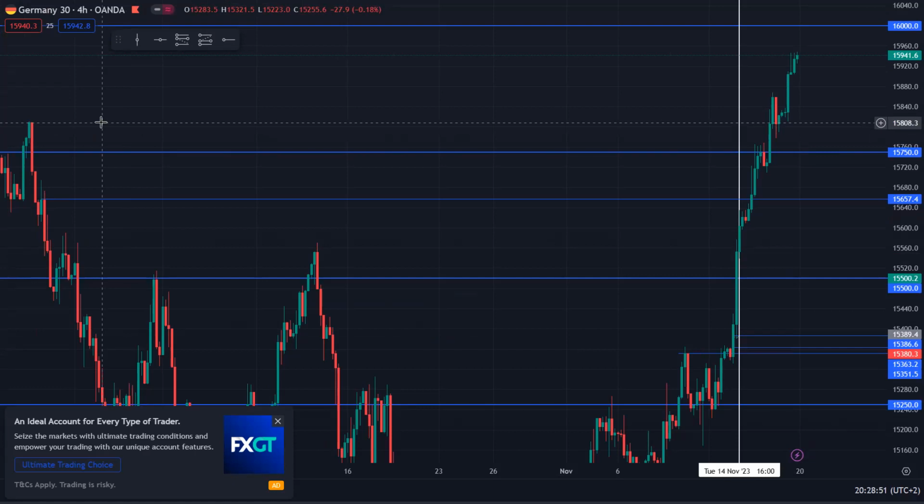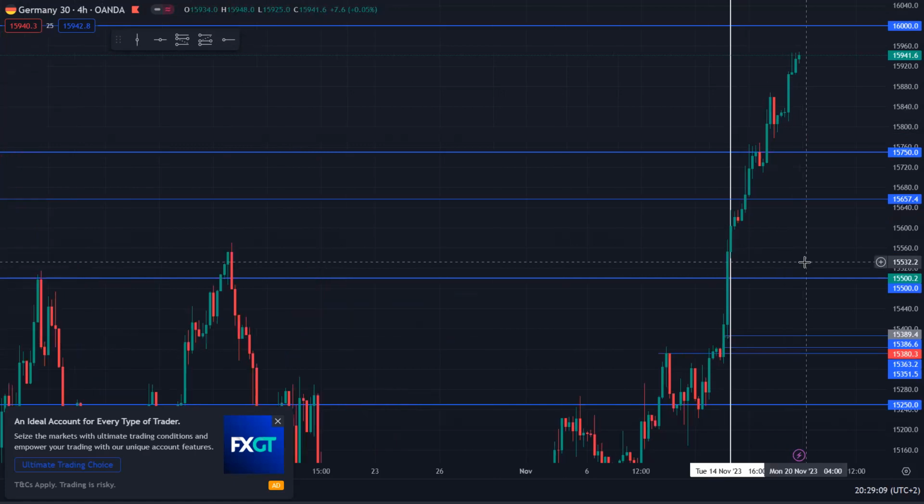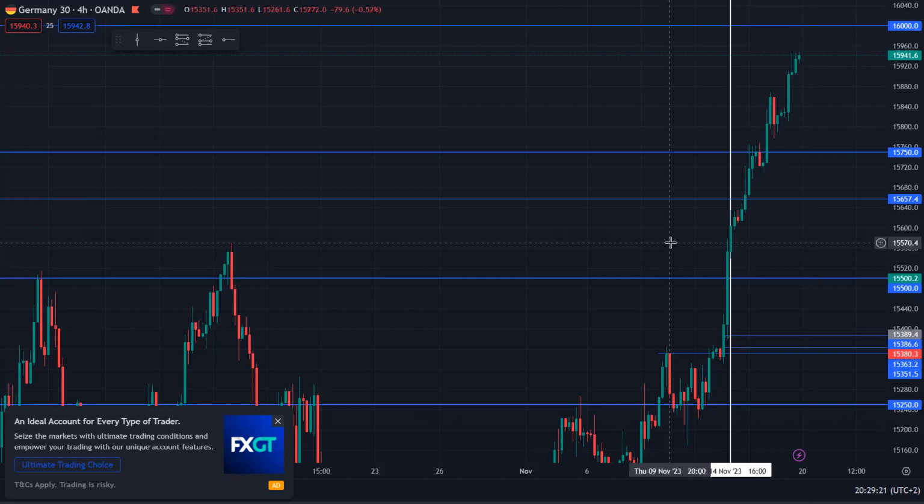For German 30, there are some pairs that we don't mark. We do not mark the structures, right? But for German 30, please do, right? This is our inner structures. Our inner structures, guys. Now let's go down to our